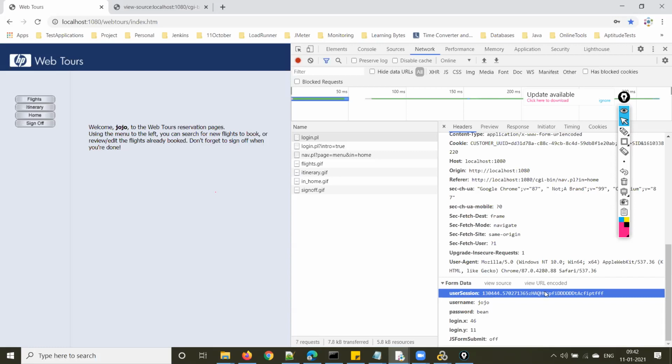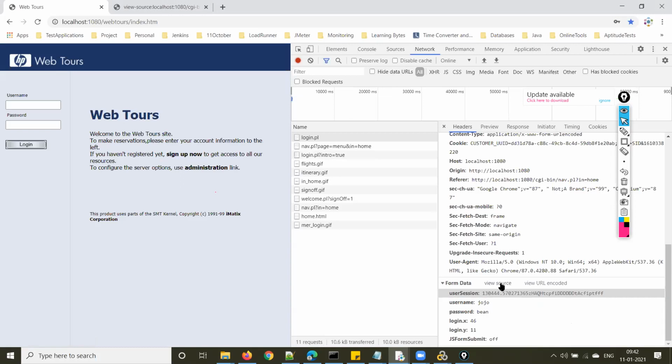That user session will be available in the browser, in the server, till you log out. Once you log out, that user session will be removed from the server. Just like once you resign from the organization and leave the company, your employee ID will be disabled, in the same way this user session also will be deleted from the server. I'll explain this user session tomorrow in detail, and how to handle that in the script.